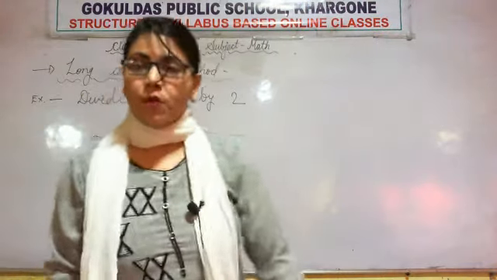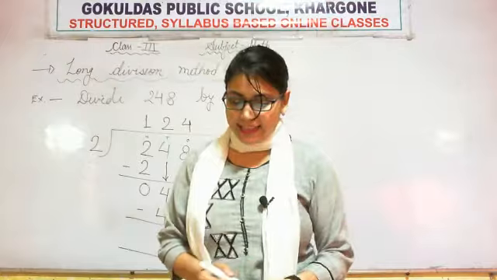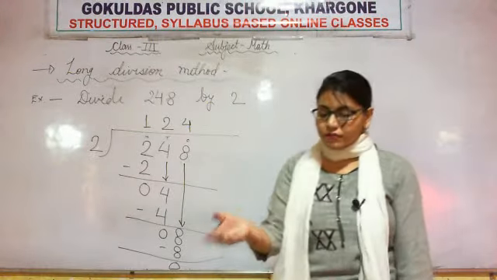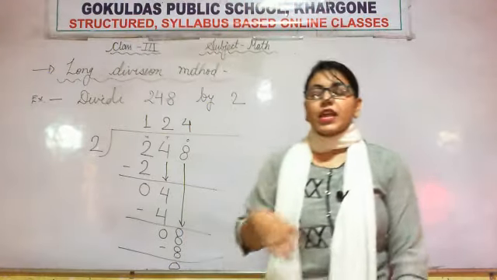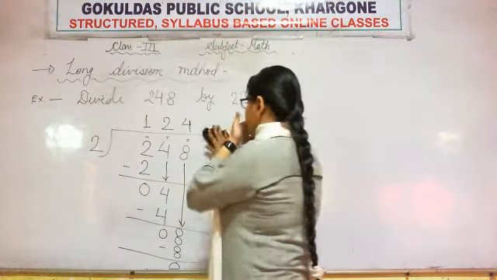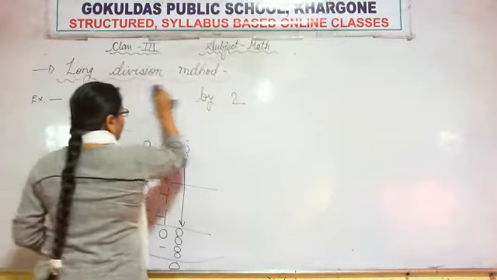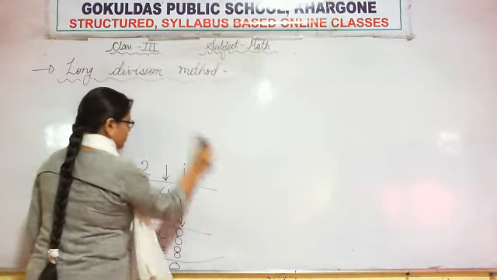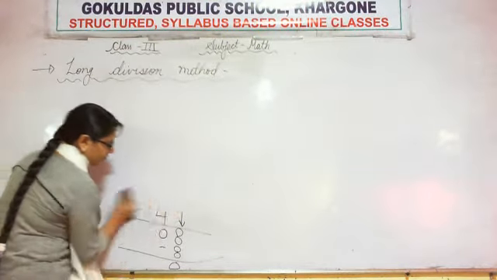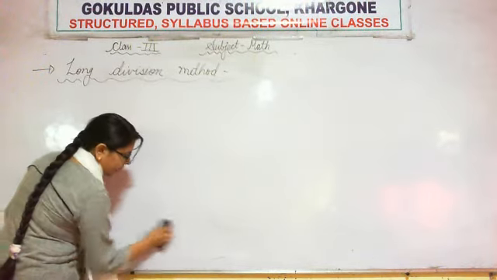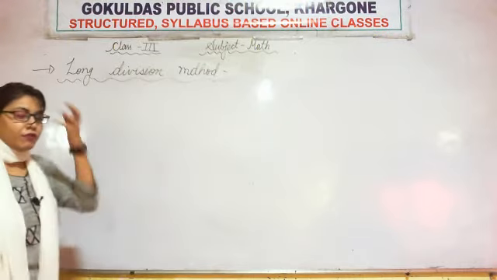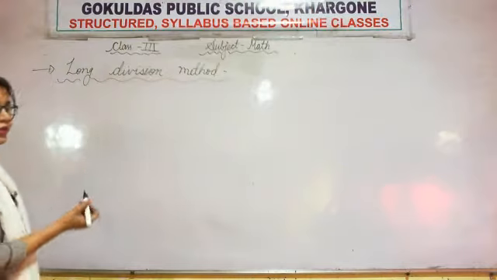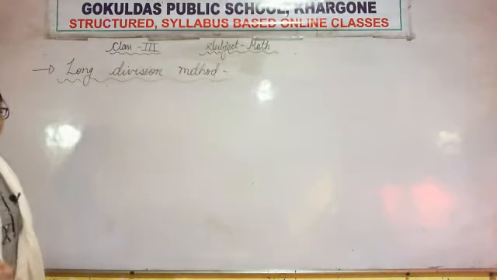Okay students, so let's start your book's exercise. Still, if you have any doubt, in further questions you can clear your doubt. If you have any doubt, then don't worry. If you know the tables, then division is very simple for you. So students, we are going to start our exercise 5.3.